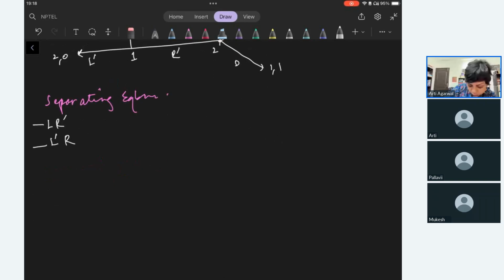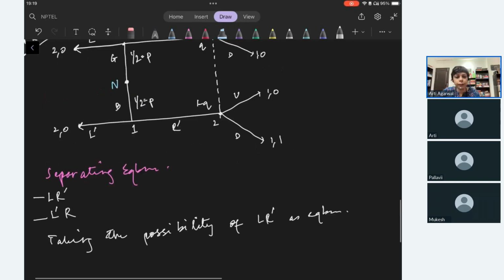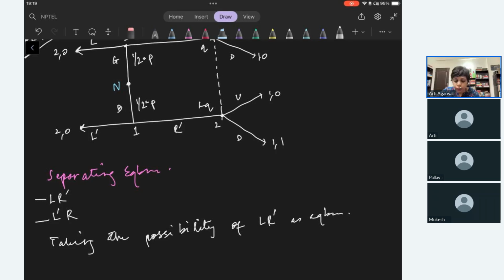taking the possibility of L R prime as equilibrium. Okay, we're considering this possibility. We're not saying this is an equilibrium, which means that in equilibrium we are assuming that L and R prime is played by player 1. Now, if L and R prime is played by player 1 in equilibrium, then player 2 knows which node is reached, right? If R prime is getting played and L is getting played in the final equilibrium, he knows that